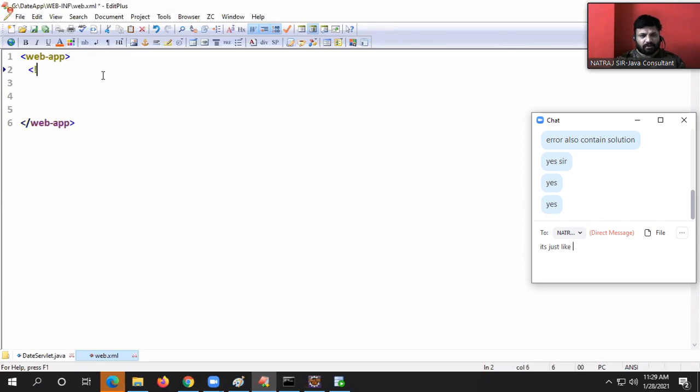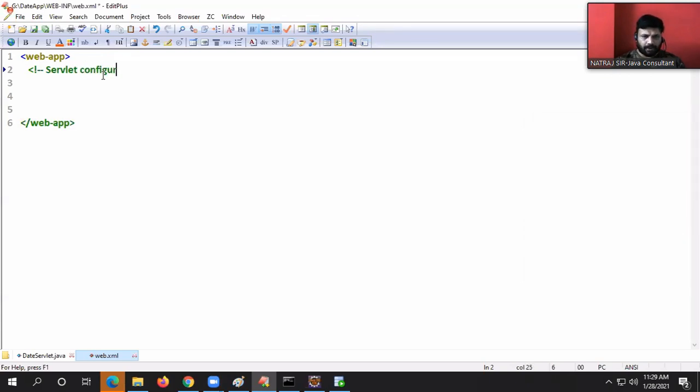Okay. A comment in XML is the same as in HTML, guys. Servlet configuration. Now tell me, for that we use the servlet tag, opened and closed. Under this, servlet-name, the logical name, date.